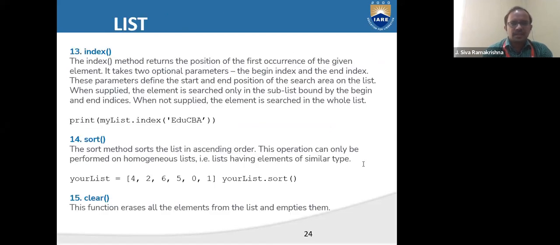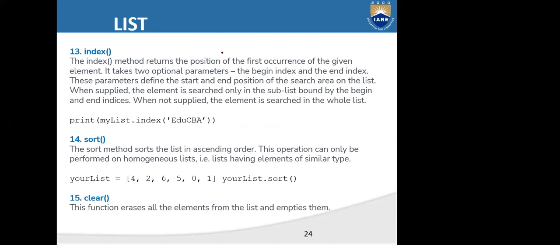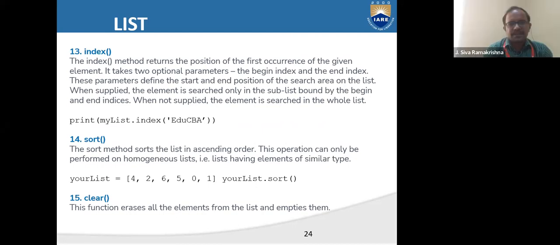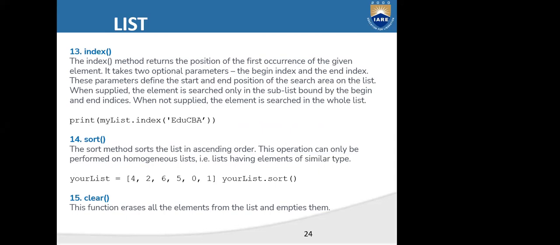Any doubt in this? Sir, yes. In the reverse function, we reversed the whole list. Without that, can we reverse a selective index from -2 to